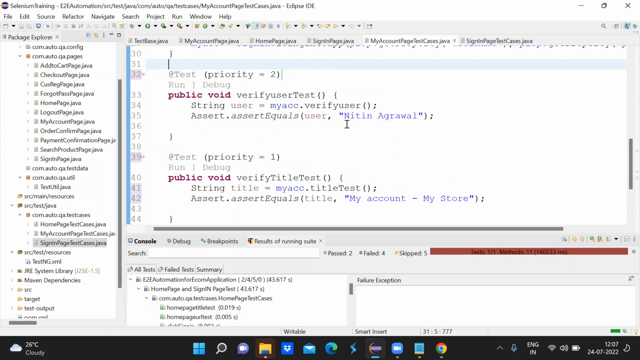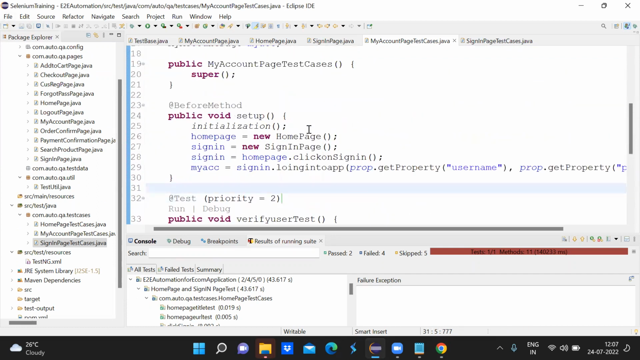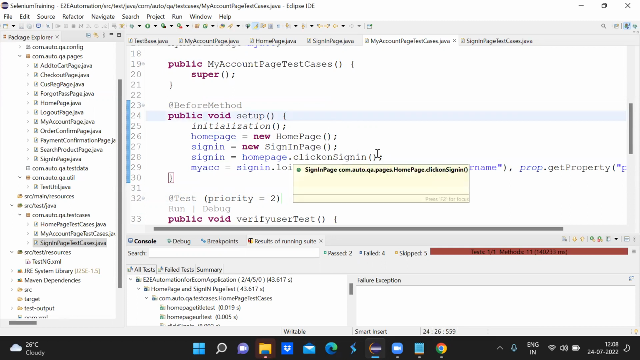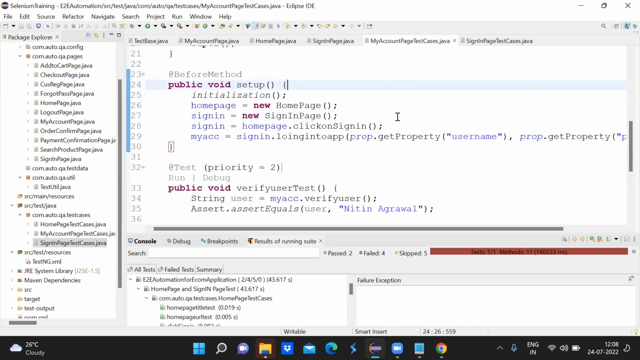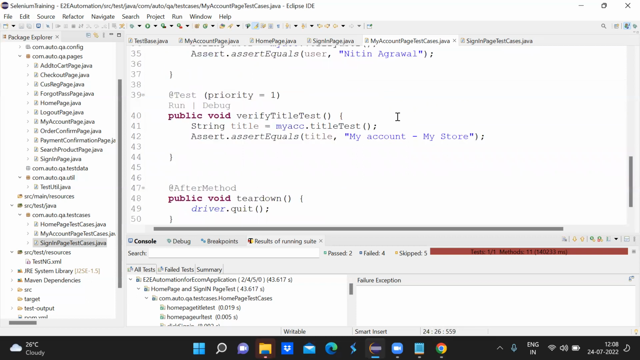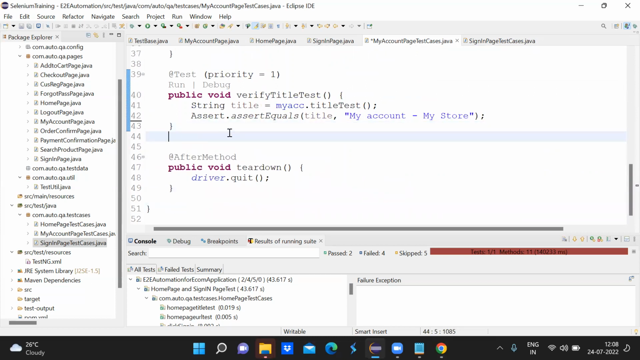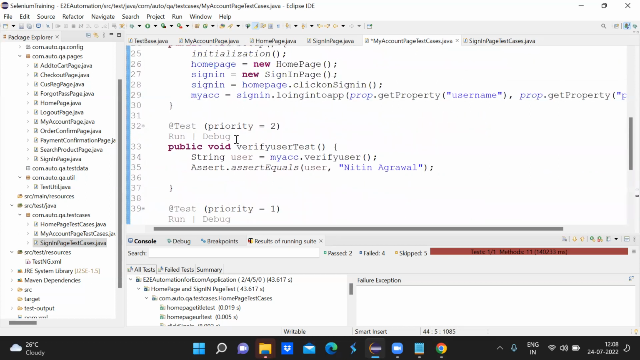Okay, so you understood, right, Disha and Vishal, why we are writing these all steps here? Because we have to go from my home page to my account page, right? So home page to sign in page, and from sign in page to my account page. So we have to repeat all these steps for all the cases. So my basic my account page is ready now,